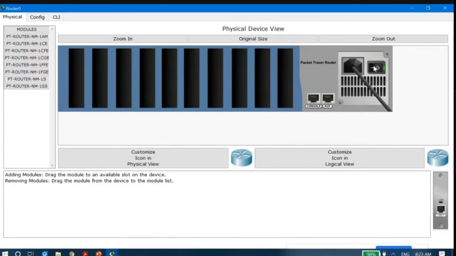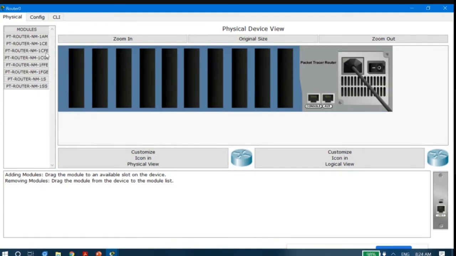In order to install some hardware on a physical device, we have to switch it off. Here you could see there is a switch on/off button, and there is a green LED here. You could see that this green LED is on. That means the device is actually on. So you have to click once here to turn it off. Once you have turned it off, you could see that the green LED is off.